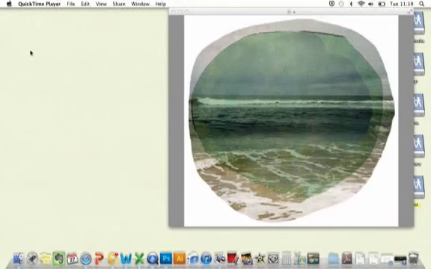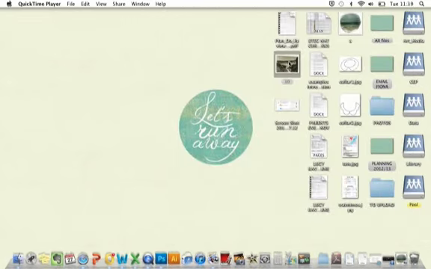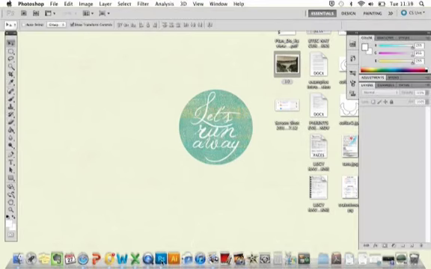This tutorial is going to show you how to create an enhanced image using a photograph in Photoshop, a little bit like this example that we've got here on the right. So what you're going to need is a photograph to start with. I've got an old vintage photograph of the seaside in Portrush, so I'm just going to open that up